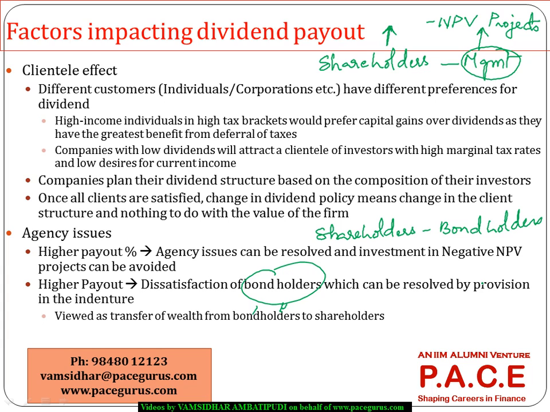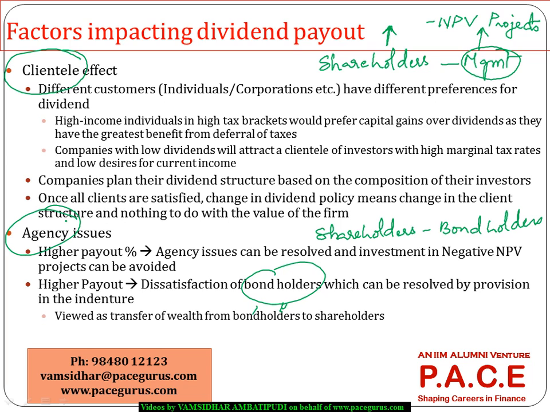All these things have to be looked at to avoid any kind of agency issues, because in general what we see is that bond investors view the declaration of a dividend as a transfer of wealth from them to the shareholders. So the dividend policy of the company should focus very heavily on the proportion of their clientele,